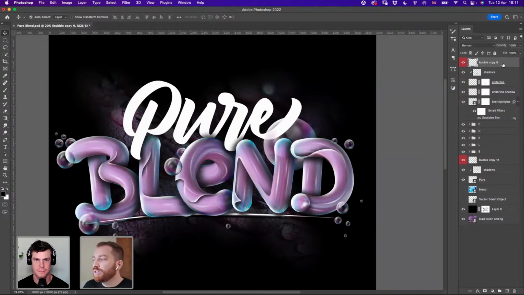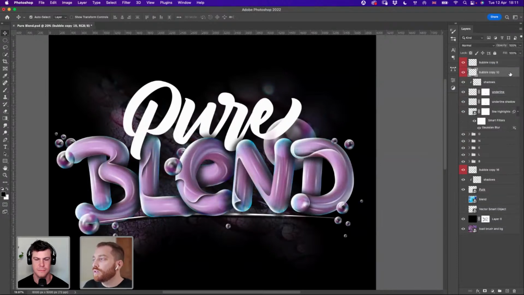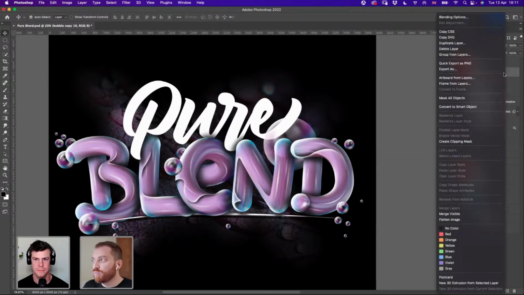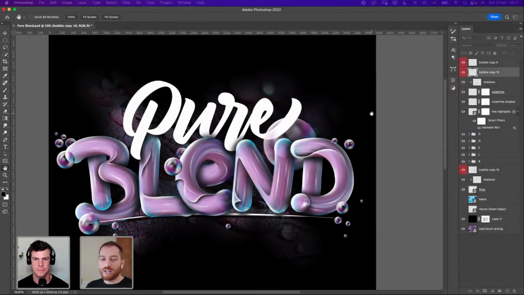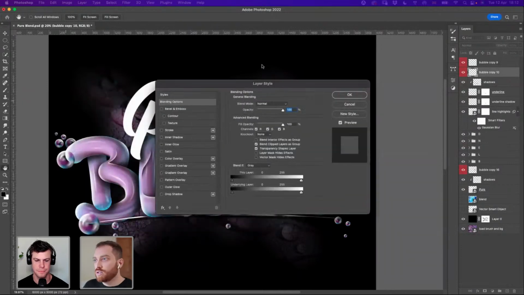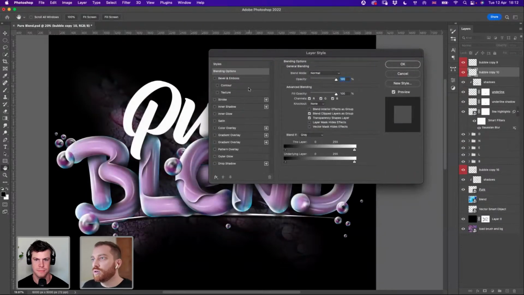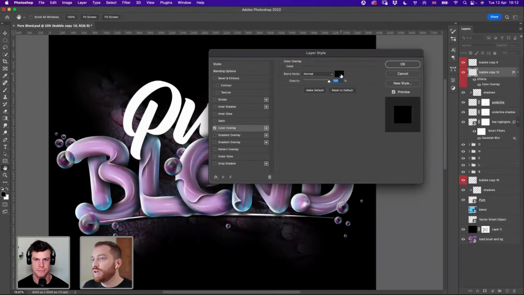Okay, an interesting way to do the shadows is this: I will duplicate this layer on top, and make the bottom one black. There are multiple ways to make it black, but I prefer blending options because this will make it totally black, without any shade of dark gray. Gotcha. So I'm going to use a color overlay, black.